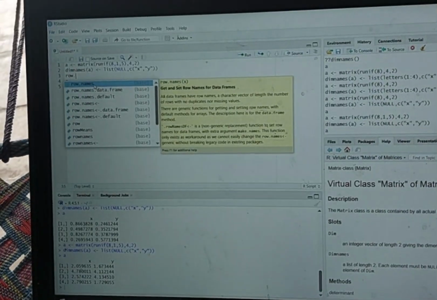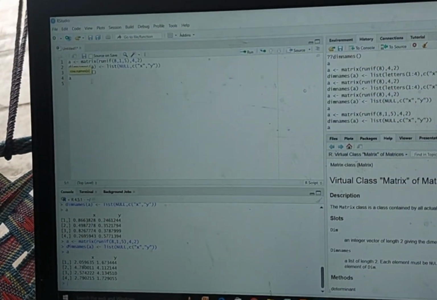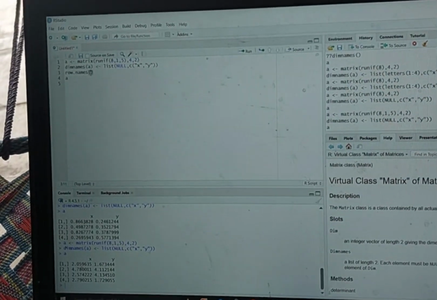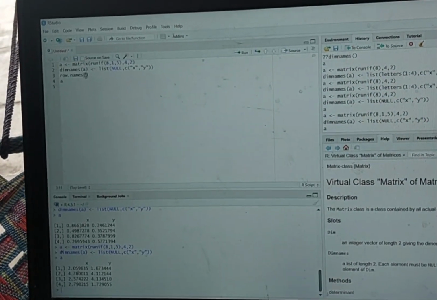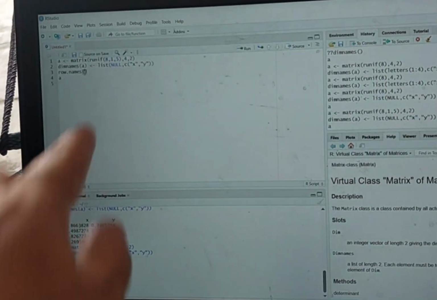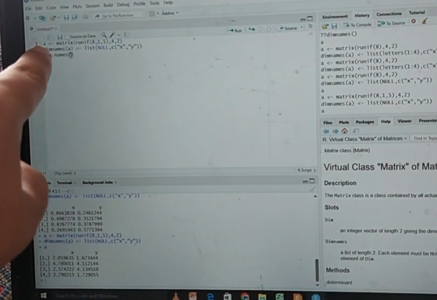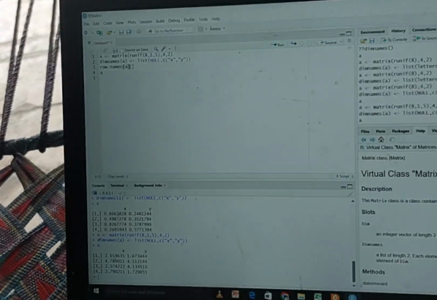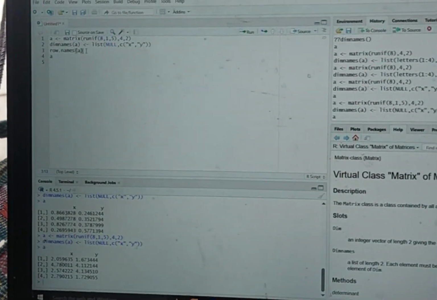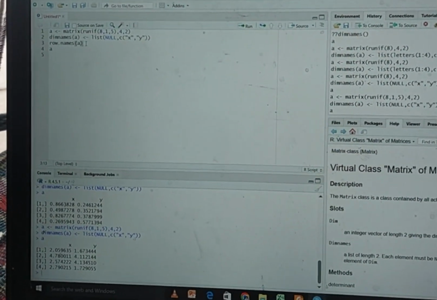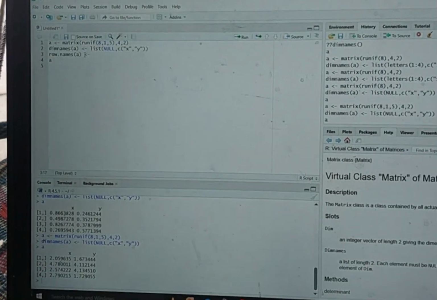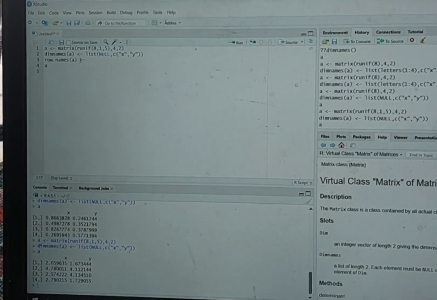Similarly, we can use colnames. Rownames says x, and by x it means the name of the matrix. The matrix is assigned to variable a, so I can say a. After assigning it to a, if I press Ctrl and negative, it assigns the row names,